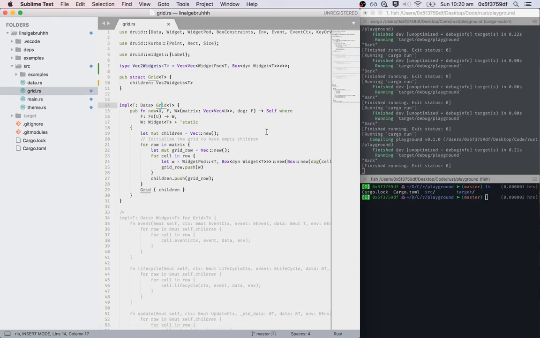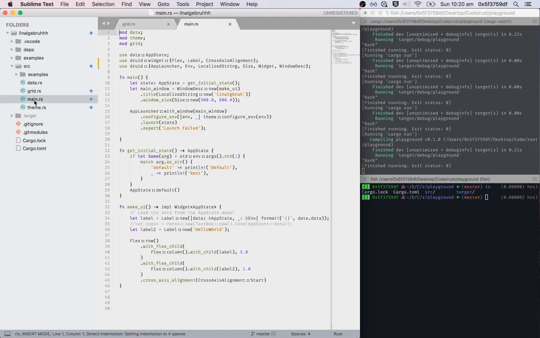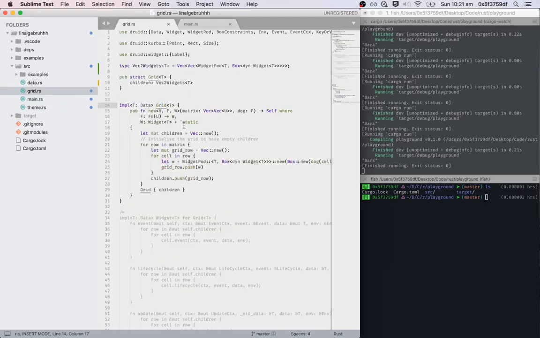Like CSS grid, yep. We'll use it for the matrix, so it's perfect for that. Given a matrix, we're going to lay out the UI using Druid, where essentially we will write the flex rows and the flex columns, but returning widgets in this thing called a widget pod, which is a container of widgets. So just reading this,